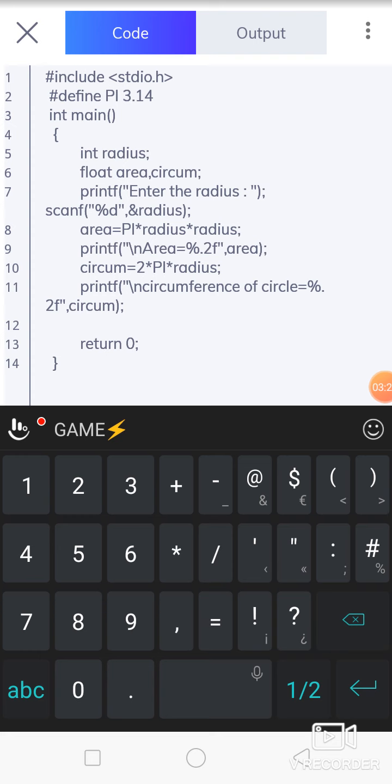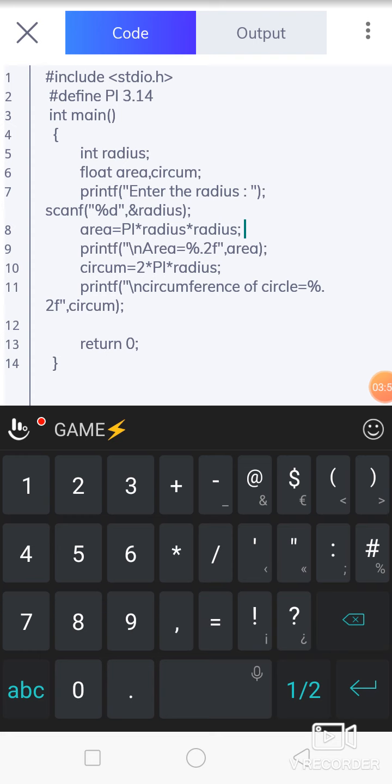Now after declaration of variables, access the value of radius. For that purpose, we have to display one message on the output screen by using the formatted output function, that is the printf function. After that, read that value by using the formatted input function, that is the scanf function. As we know how to write the scanf function, according to that, access the input of radius. After taking the value of radius, use the formula for calculating the area of circle.